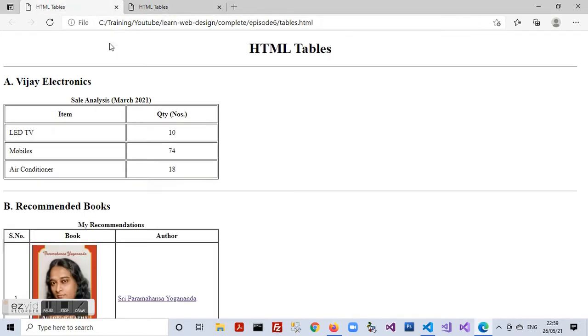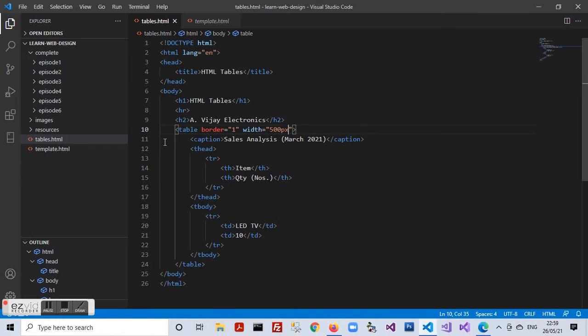So let's improvise this. Another difference I am seeing is that my quantity is aligned in the center, like quantity numbers 10 is in the center below the heading, and also my item column is wider as compared to my quantity column. So I can control these values by giving the width of columns also. So let's go about this. Let's control this width and alignment of the quantity below the heading. So moving on to the HTML.